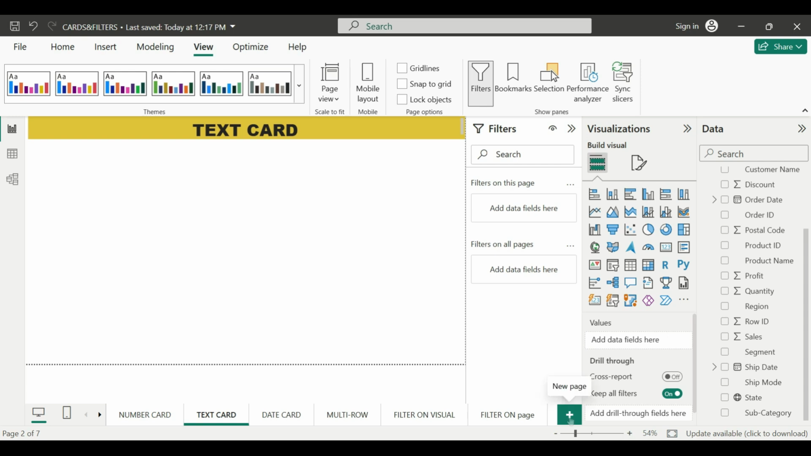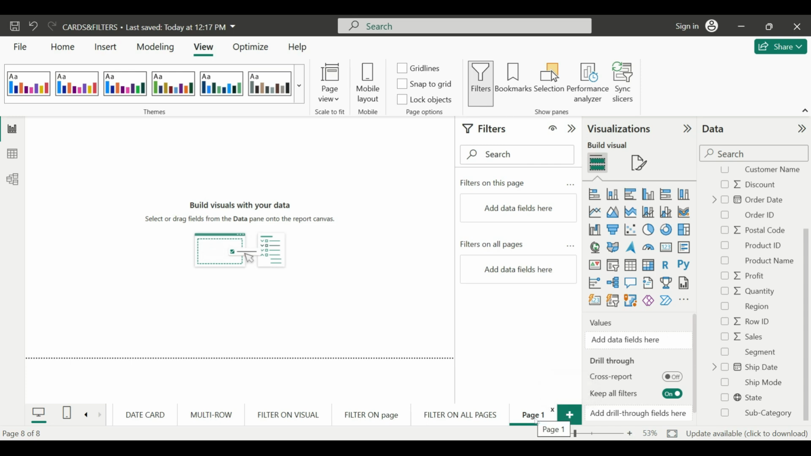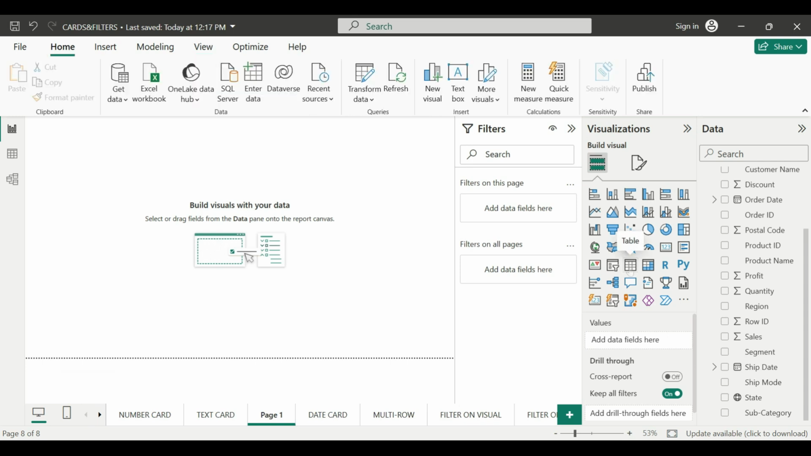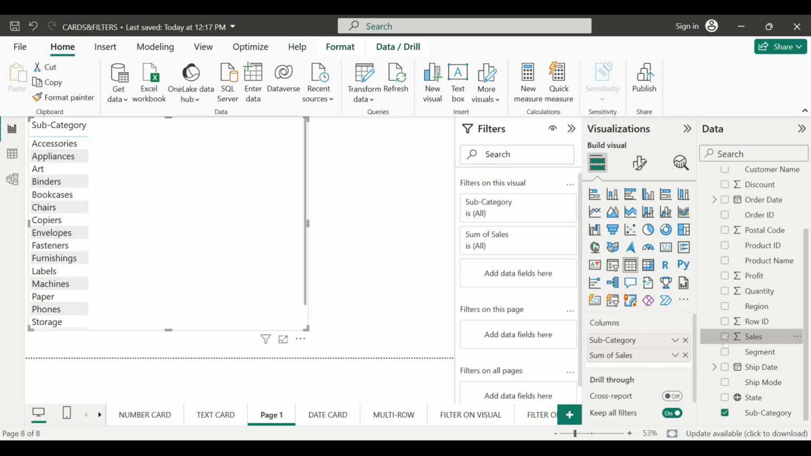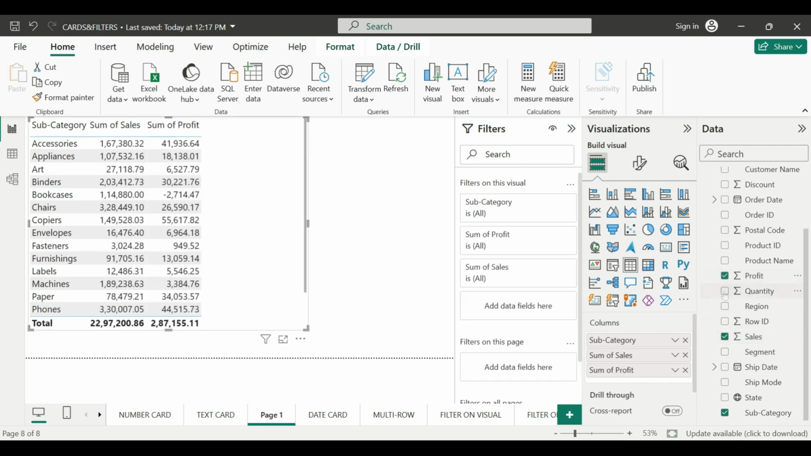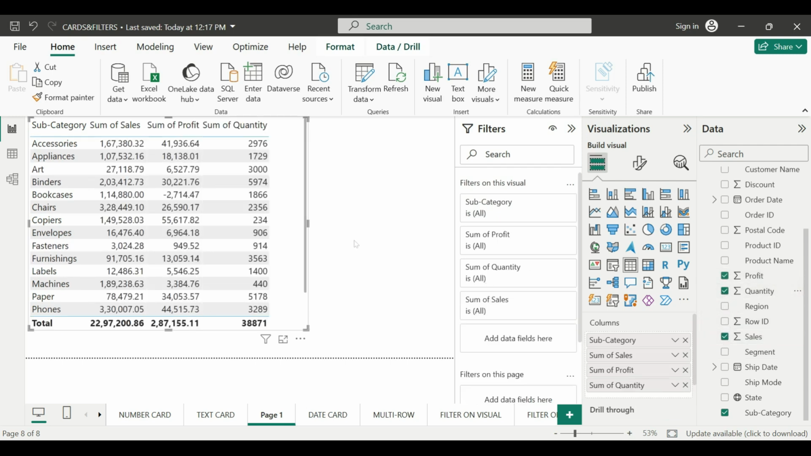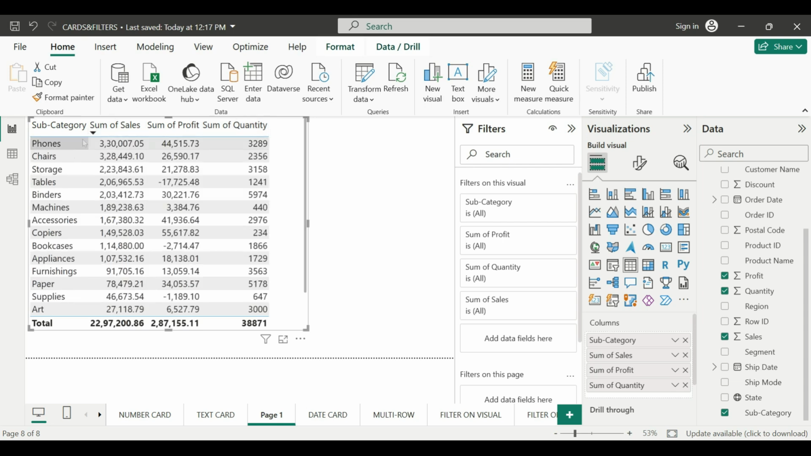Okay, I'll create a new page here. I'll click on this new page, and I can just click on this table and create here subcategory, sales, profit and quantity. So 4 columns I am done. So we are preparing a base for creating a card. Okay, now what is the highest selling subcategory? I'll click on this sort button and it is given as phones